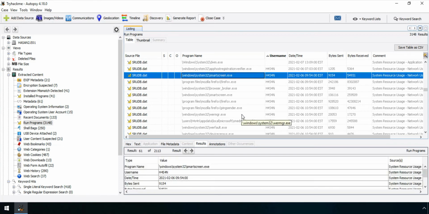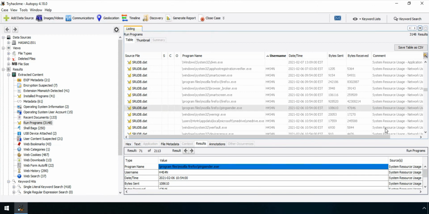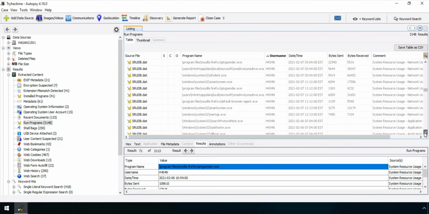I see Smart Screen, which is actually a Windows program, so I will exclude it. I am seeing Ping Sender, and it is a program that I know is not a potential malware, or I would say a hack tool, so I will not consider it. We will just have to look at it very fast, without wasting our time.